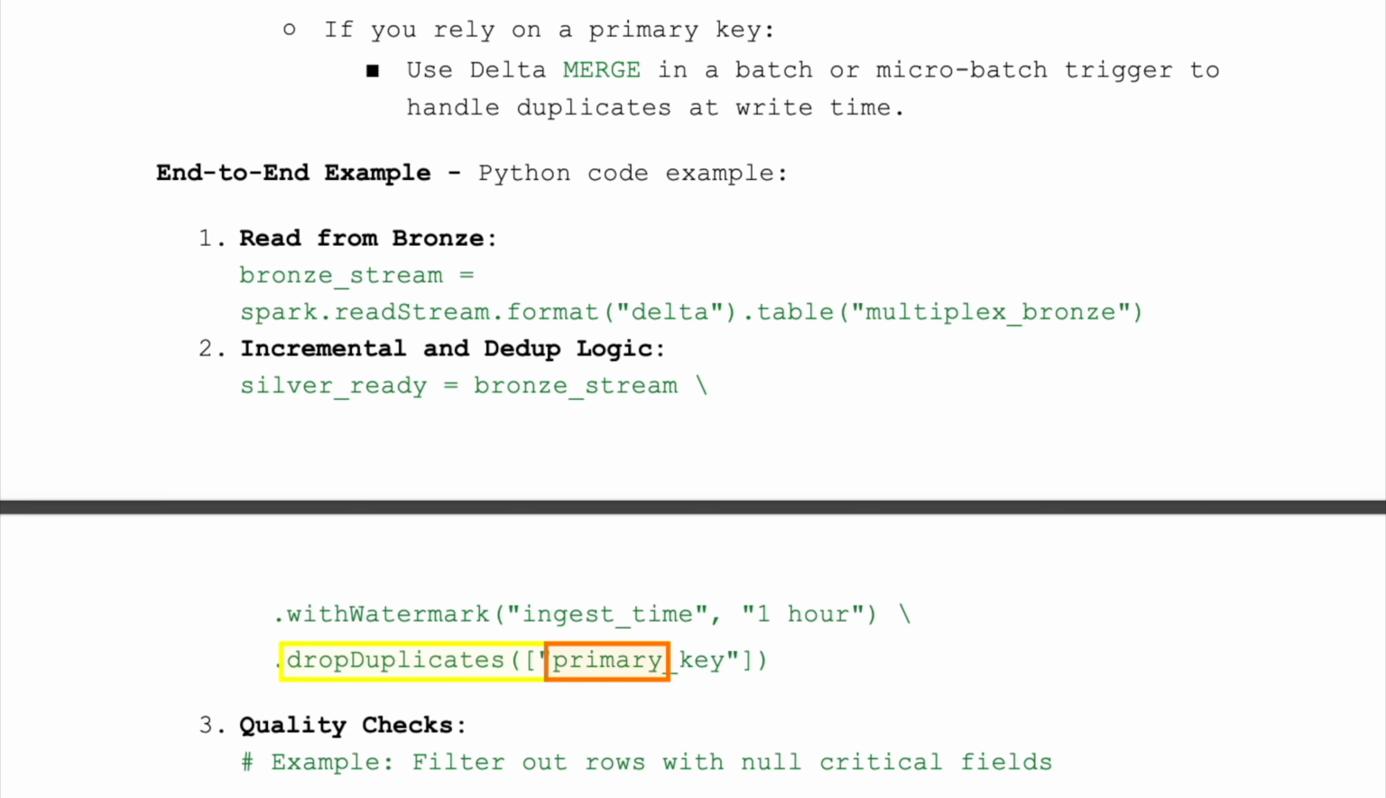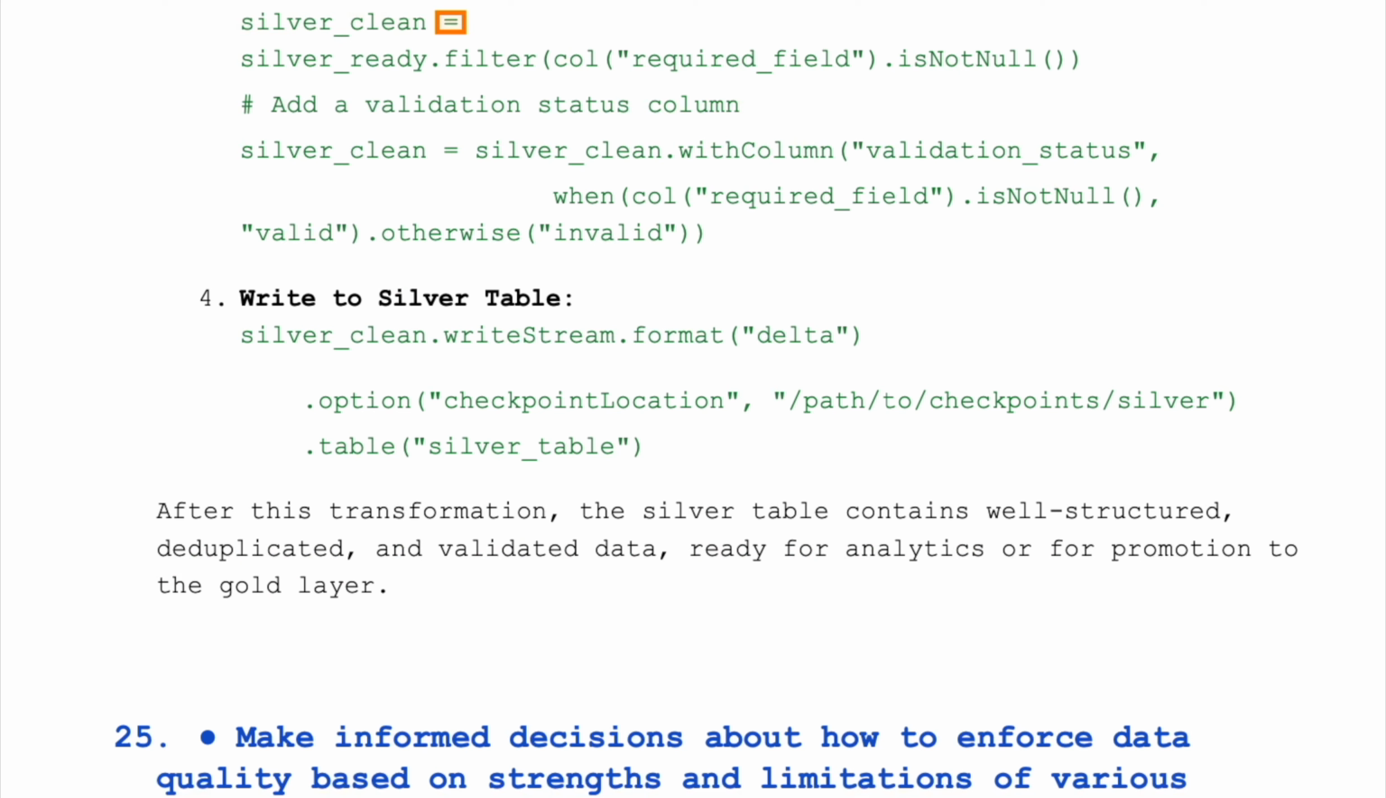.dropDuplicates(["primary_key"]) 3. Quality checks, # example, filter out rows with null critical field: silver_clean = silver_ready.filter(col("required_field").isNotNull()) # add a validation status column: silver_clean = silver_clean.withColumn("validation_status", when(col("required_field").isNotNull(), "valid").otherwise("invalid")) 4. Write to silver table: silver_clean.writeStream.format("delta").option("checkpointLocation", "/path/to/checkpoint/silver")